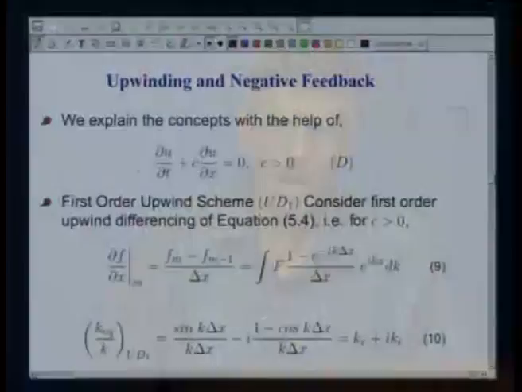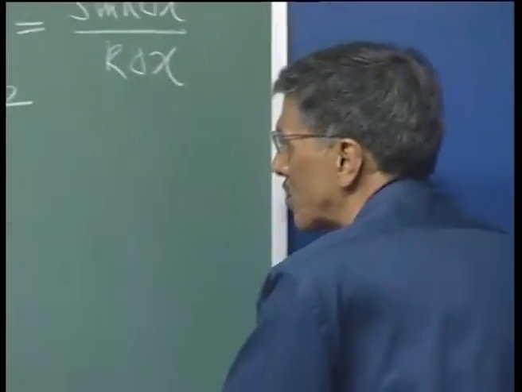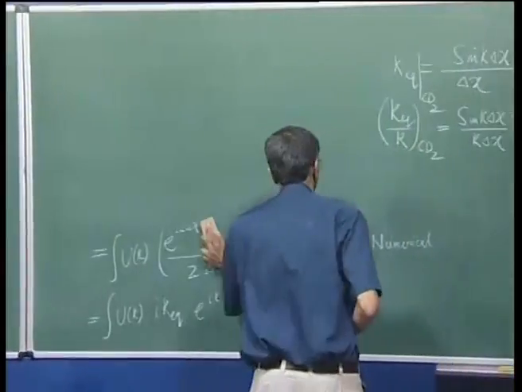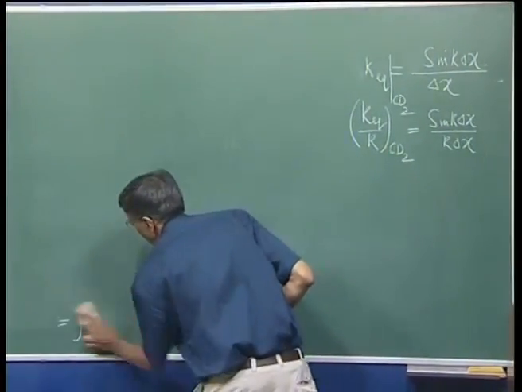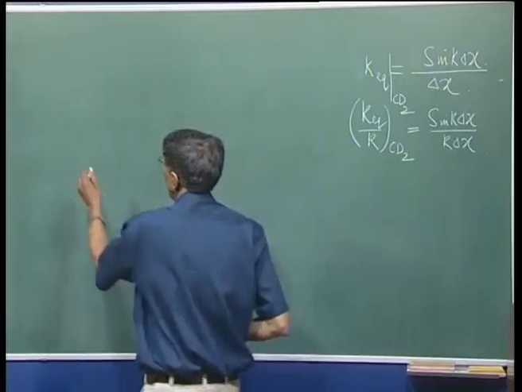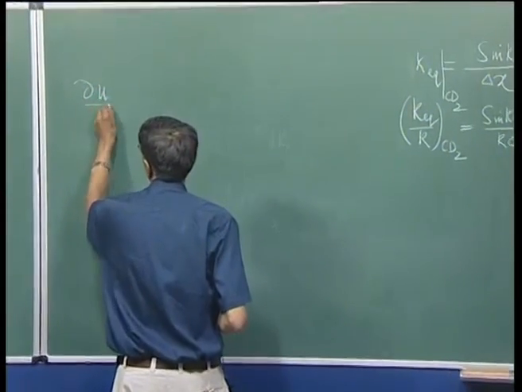You have noticed that all central schemes are even ordered. Okay. We have looked at the CD2, CD4, CD6, etc., where the stencils were symmetric, and we always ended up having even ordered schemes. So, if we look at the first order scheme, then what happens? Let me explain this somewhat better, because we are looking at a problem where our governing equation tells us that the signal is propagating from left to right,